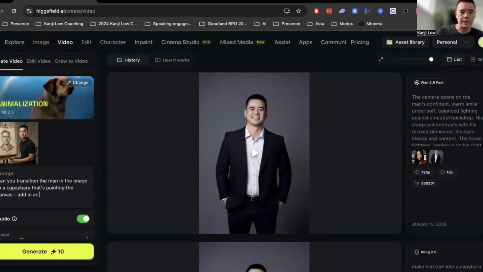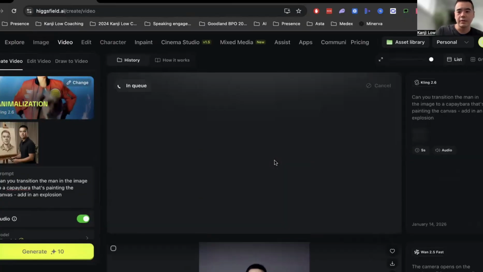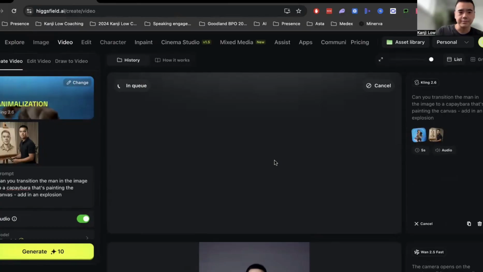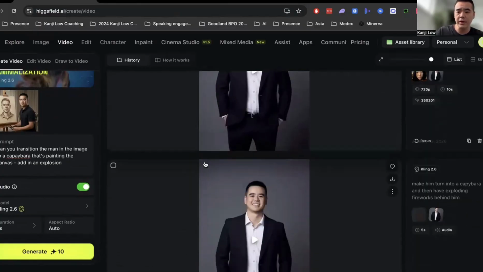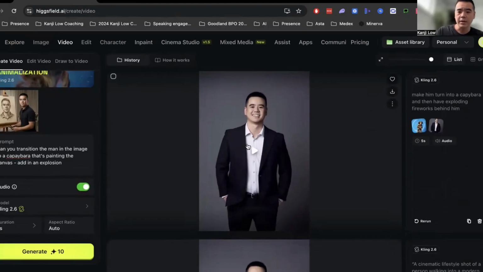Add in an explosion. And you just go generate. Okay. And the cool thing is it's got audio with it, so you can tailor the audio to sound in a certain way too. So I'll give you an example. So if I go to the one here,